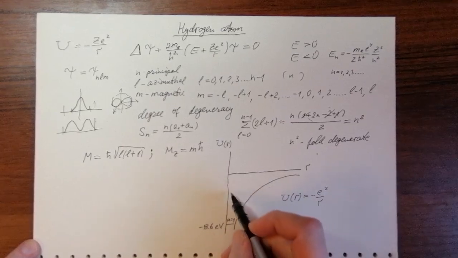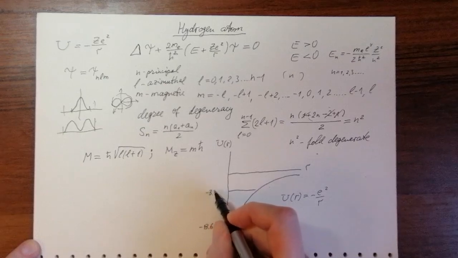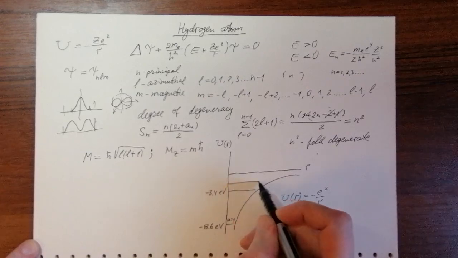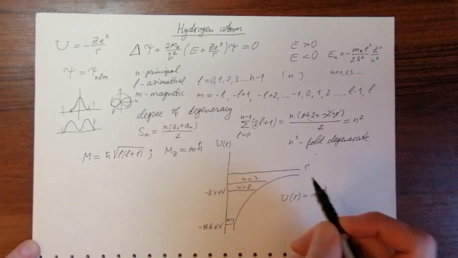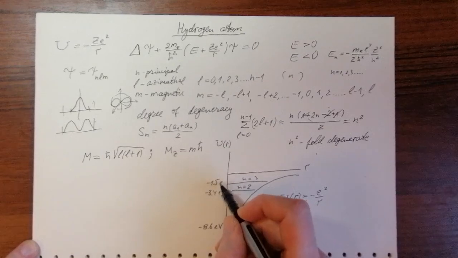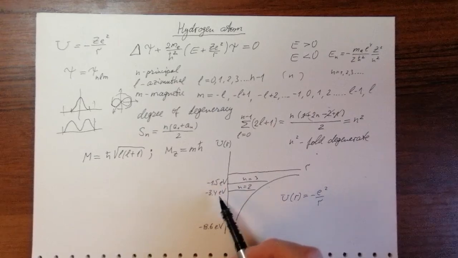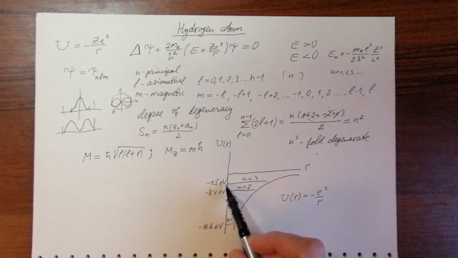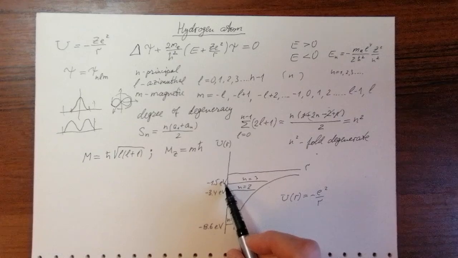n equal to 2 is -3.4 electron volts, and n equal to 3 is -1.5 electron volts. This is energy, so what do electron volts mean? If we have, for example, an electron in an electric field, then to obtain energy we need to multiply the charge of the electron